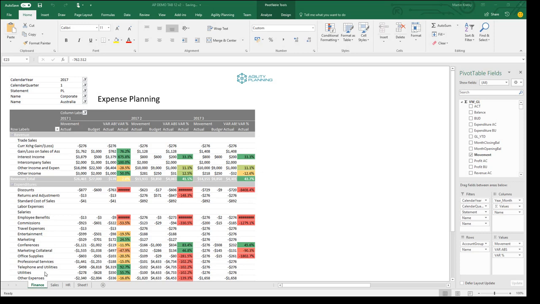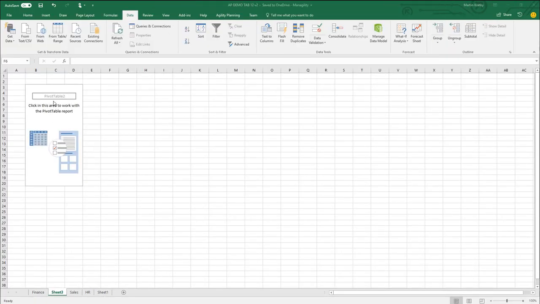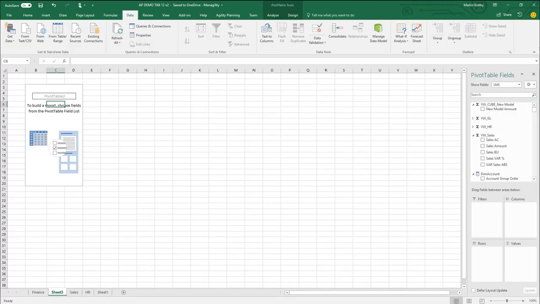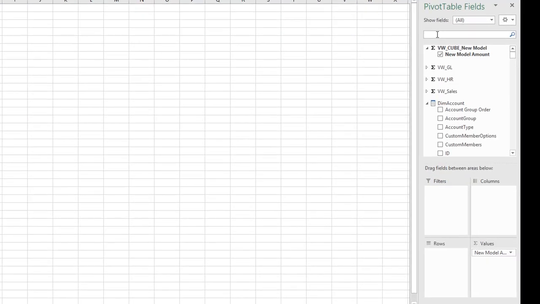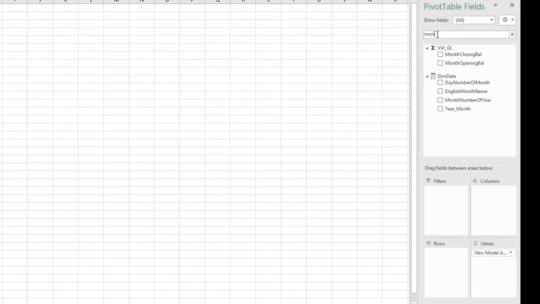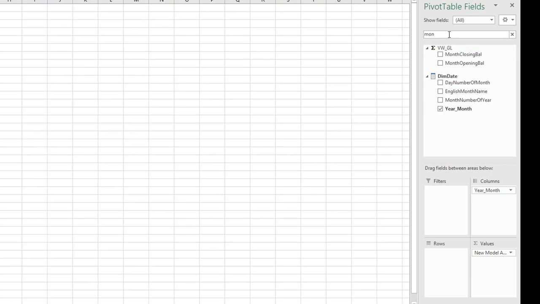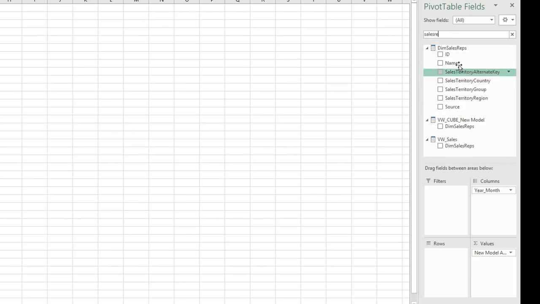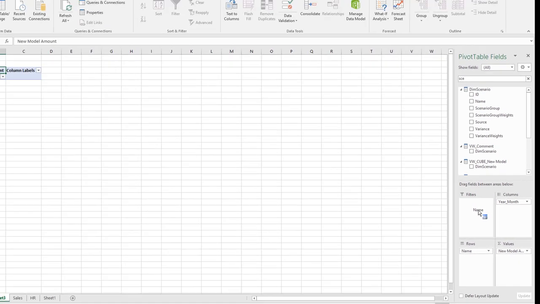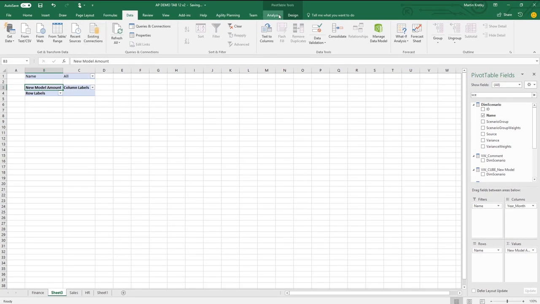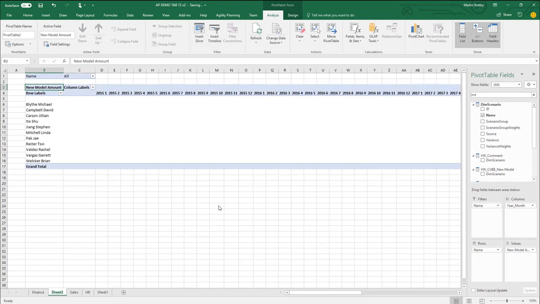So for example, in Excel, just like using a pivot table, you can drag and drop the parts of the new model into the report. For example, the period, the sales representative, and finally the scenario. And then immediately here from Excel, you can see the data structures that obviously automatically update,